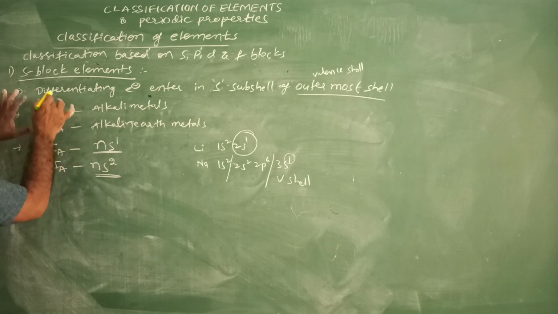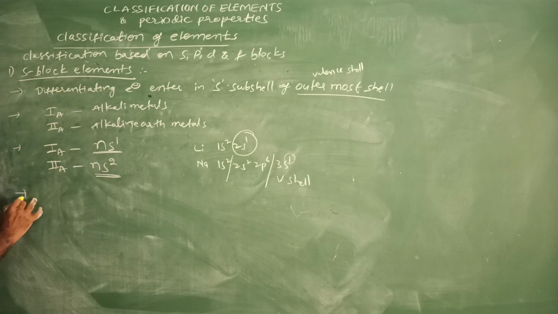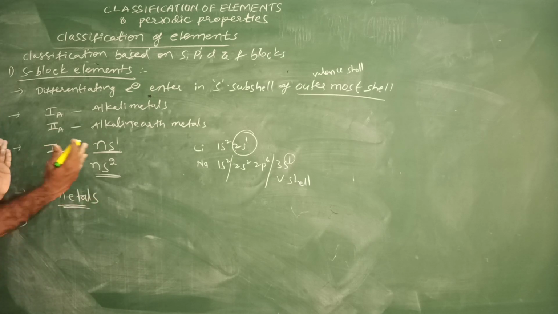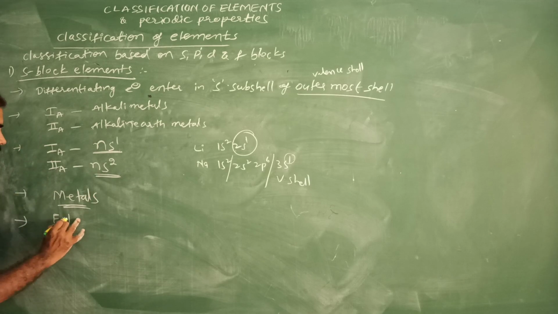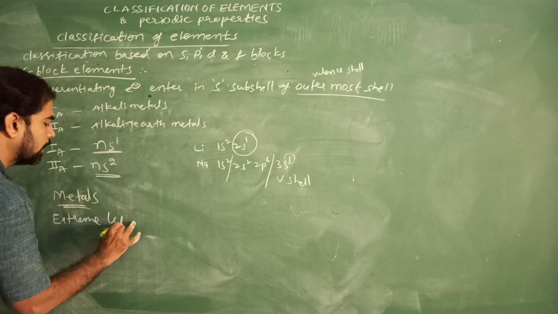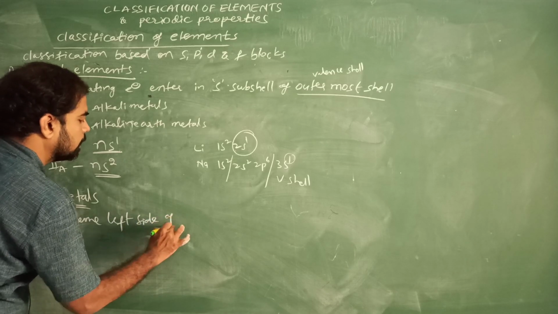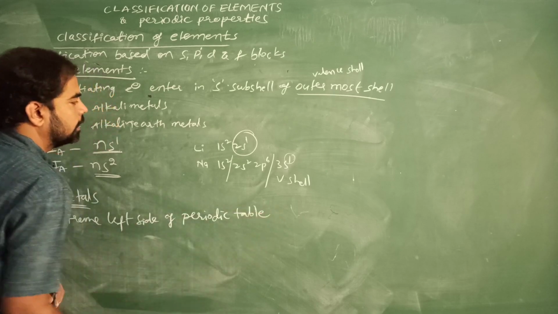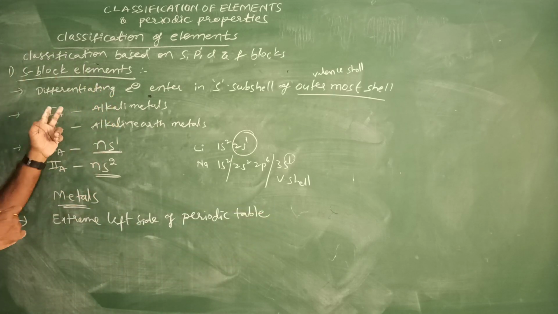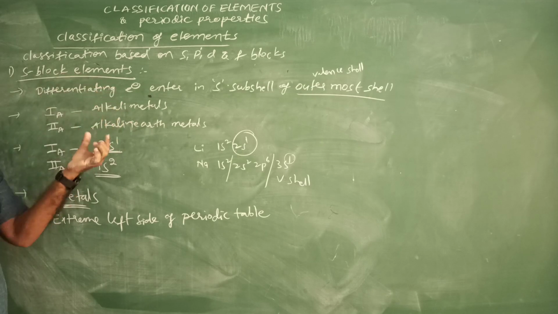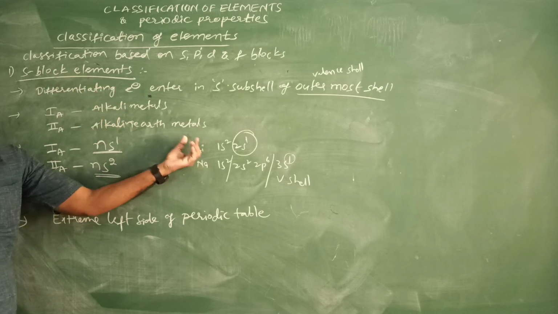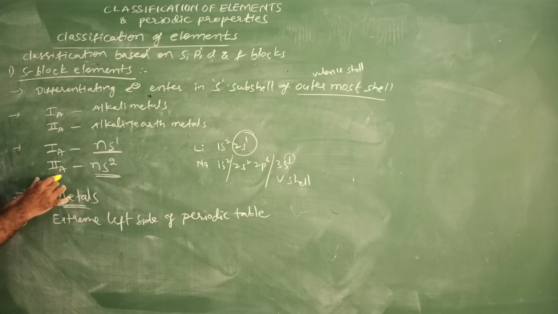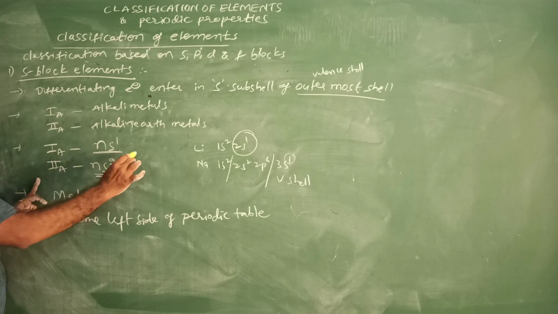Remember, S block elements are metals. And these are placed on the extreme left side of the periodic table. These are very, very important. A direct question: the general electronic configuration of first A group element is ns1, ns2, ns2 np1, or none? And the general electronic configuration of second A element, ns2, is the correct one.